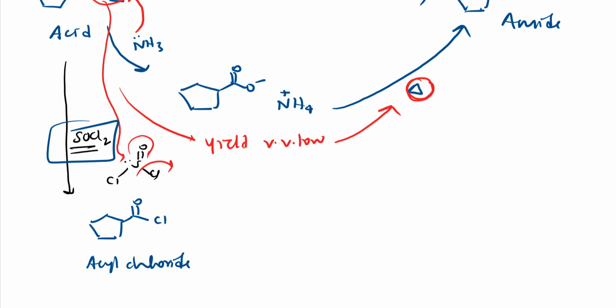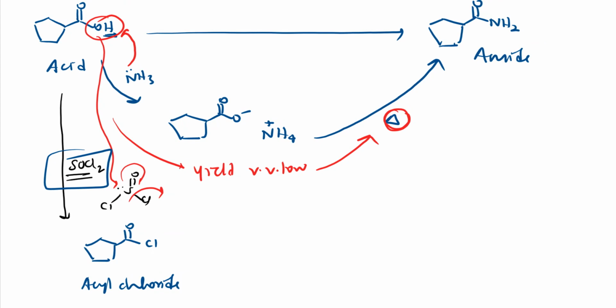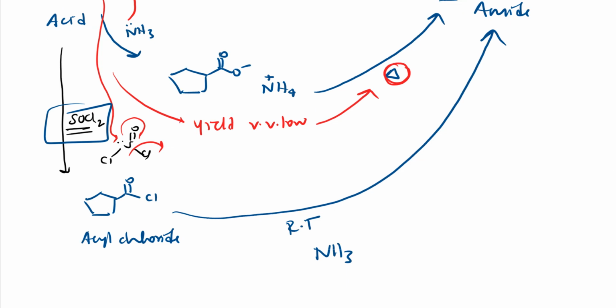This reaction is very feasible. When we add SOCl2 to the acid and do a little reflux, we get this acyl chloride, but there should not be any moisture. If moisture is there, I will get back the acid. That's the problem. We need to maintain that there should not be any water molecules. Further, from this acyl chloride I can easily convert to the amide at lower temperature. At room temperature the reaction happens in the presence of ammonia. Simply if I add ammonia to this acyl chloride, I'll get this amide. This is how we do it in the lab.